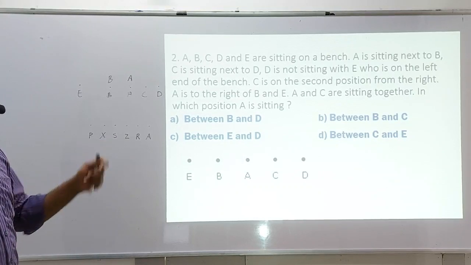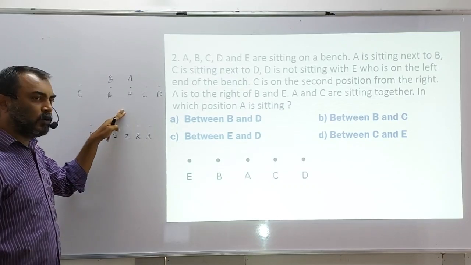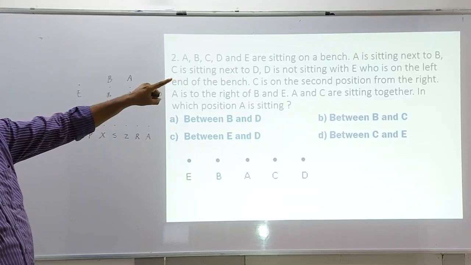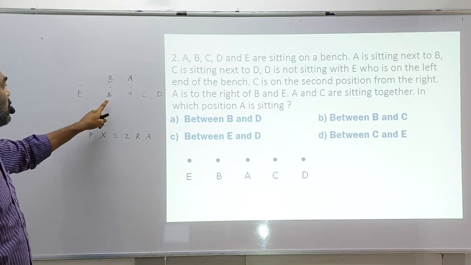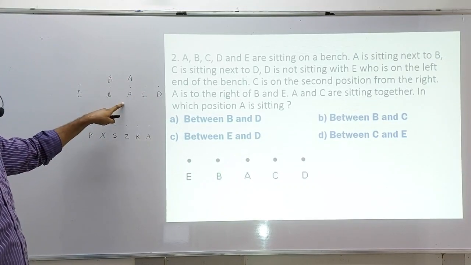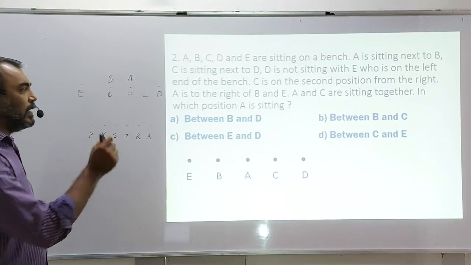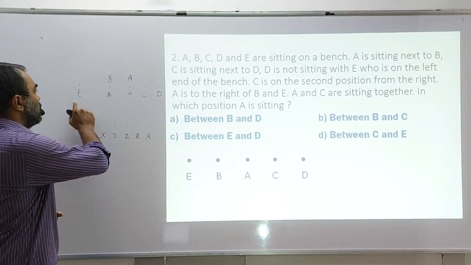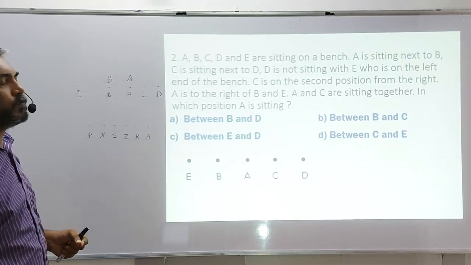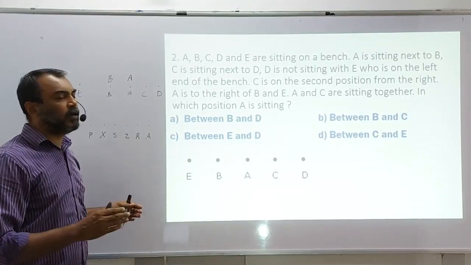So basically you have got the idea now today what is sitting arrangement mean. And you see what I did here. Did you follow? Did you observe? I first started drawing. What is the first instruction? A is sitting next to B. So I can write AB or BA. I can have both the choices. And I don't know which to pick. Then when I read the statements further, I keep on erasing, changing places, till I get the arrangement properly based on all the instructions. So this is the topic for today, sitting arrangement.